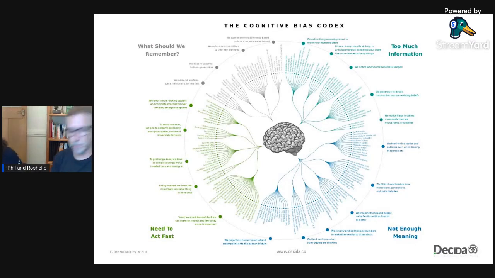Now, when we talk about different cognitive biases, as we're going to do, there are hundreds of cognitive biases. This is a codex that you can look at online, and it's a reasonably good way of trying to identify and clump different biases in. And you go, there's no way that I can understand all of those different cognitive biases that have been studied for the last 50 years. And that's true. But what we're going to do is go through a couple of the big ones, a couple of the ones that seem to impact people's decision-making all the time. And then we're going to go through ways that you can mitigate for these biases without having to know them all. Okay, so that's what we're going to start to go through.